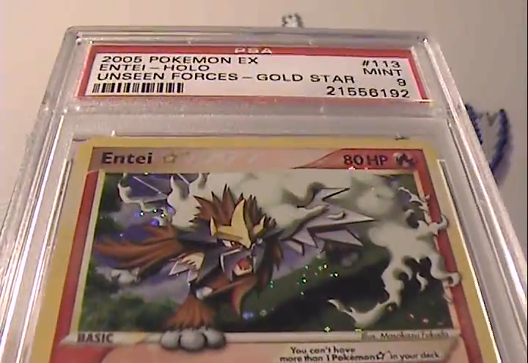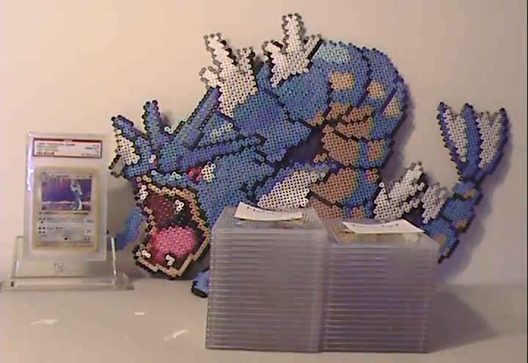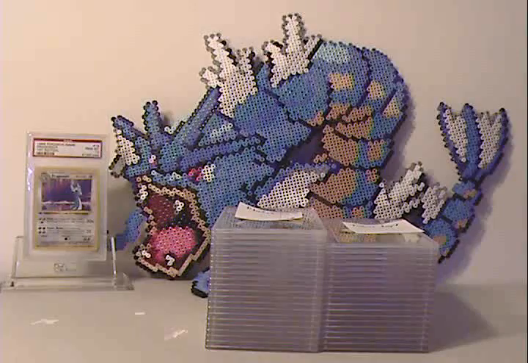So, Entei Gold Star, Mint 9. Not shabby at all. I like it quite a bit. Speaking of things I see infrequently versus frequently,